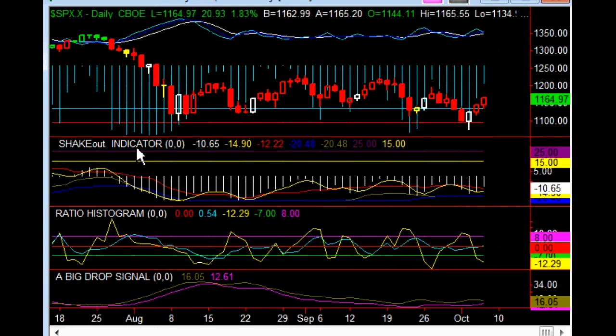Along with that, the shakeout indicator, which is one that we're going to begin detailing in this series as we go forward. What can we look for from the shakeout indicator? Why is it different than the extreme histogram? What we get from the shakeout indicator is a little bit more depth of trend. We get details on the commitment of traders to that trend and the intensity with which they plan to react